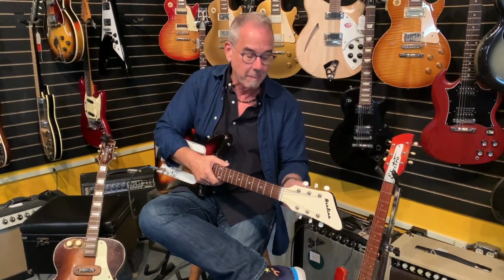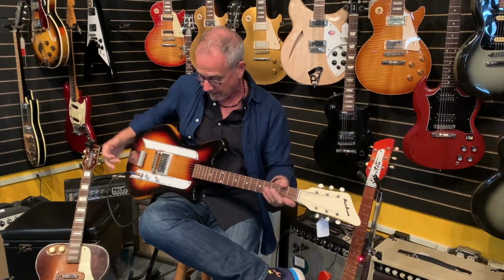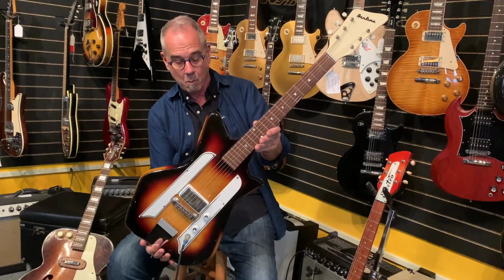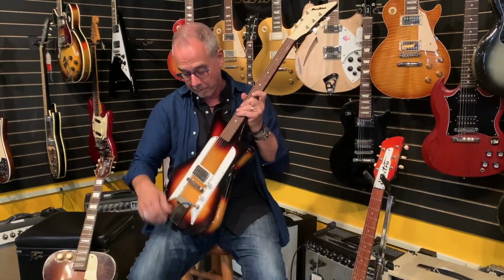This is an Airline guitar. This, by the way, is about $1,000 these days with its big Brazilian rosewood board and its retro styling. That is so Flintstones, so Jetsons looking. It's just a cool shape, a maple body with this rocket shape, probably 50s, but